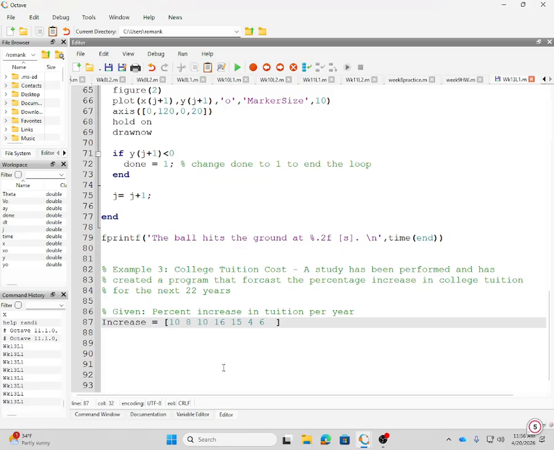6, then 7, then 8, then 10, then 8, then 12, then 14, then 15, then 8, then 7, then 6, then 5, then 7, then 8, then 9, then 8. So you'd like to make sure you have like